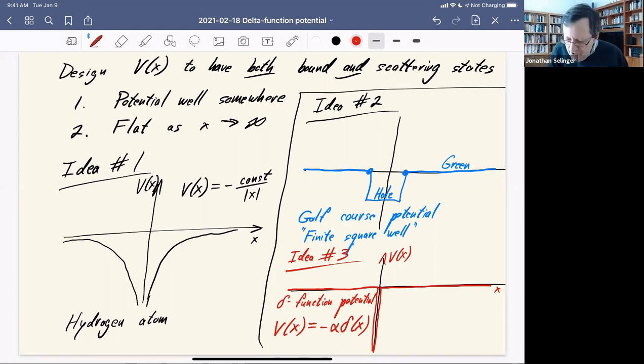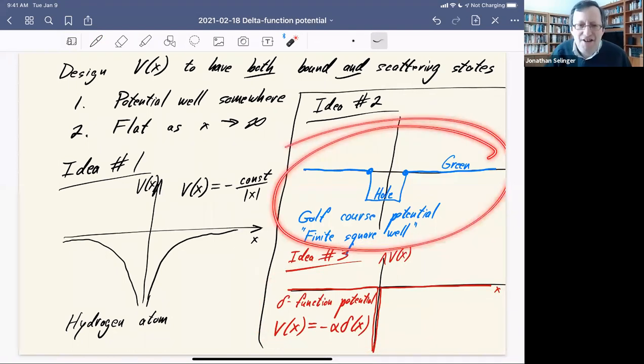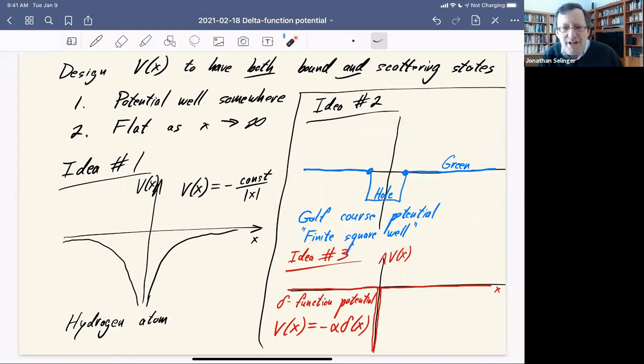Now, you guys are probably wondering, am I telling you that this delta function thing is easier to solve than this thing, which looks like it just has 3 nice flat regions? And the answer is yes, that's exactly what I'm telling you. That the delta function thing actually is easier to solve than this thing. And so yes, I'm going to show you how to solve it. And then after that, maybe I can give some hints about how you would solve the golf course thing, but that's in the book.